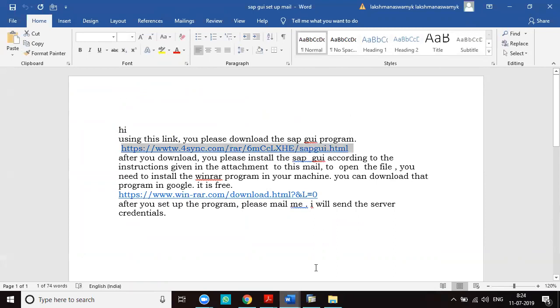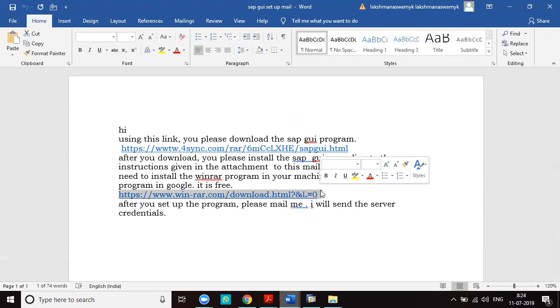Then in order to open that file, you need to install one more program, WinRAR. That WinRAR is free software available on Google. So you can download WinRAR using this link and set it up. Then only you can open the file, because the file is compressed.